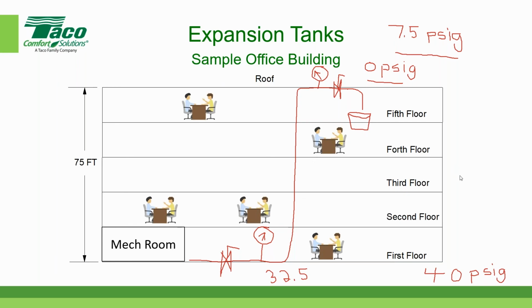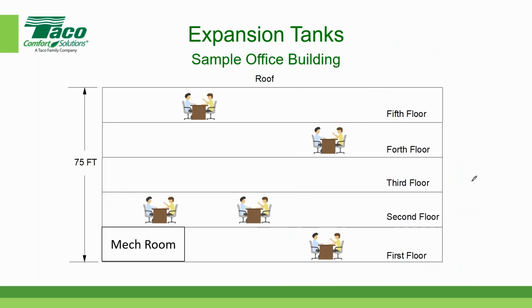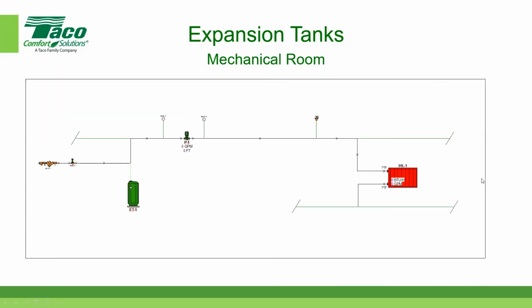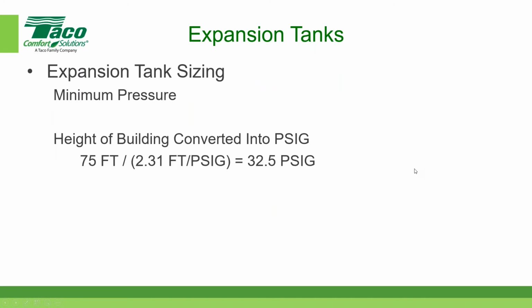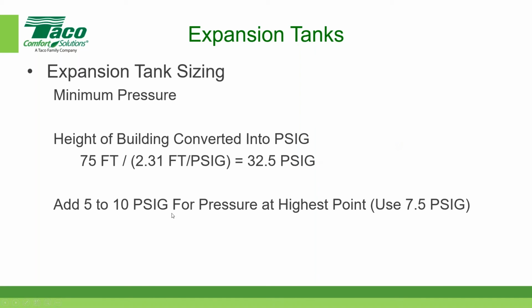So I'm going to repeat this narratively, just go through here quickly and say that the minimum pressure is equal to the height of the building converted into pounds per square inch gauge. So the height of our building was 75 feet. Divided that by 2.31, which came out to 32.5 pounds per square inch, which someone told us they did correctly. And then if I wanted somewhere between 5 to 10 pounds at the